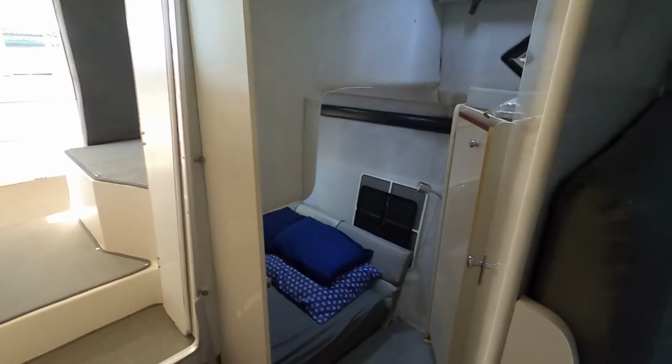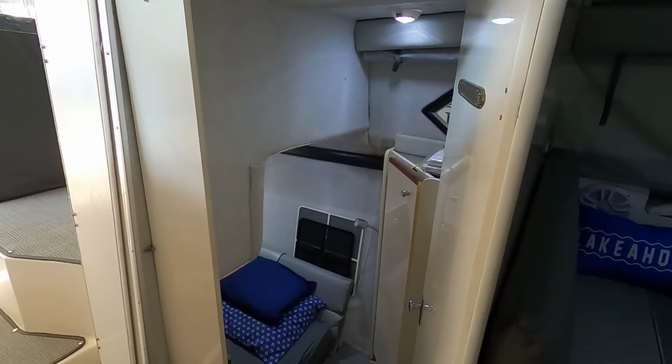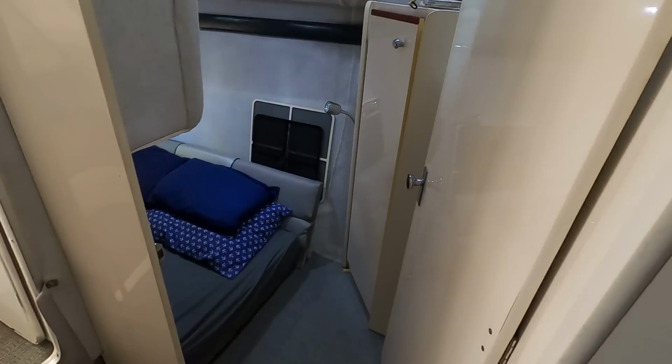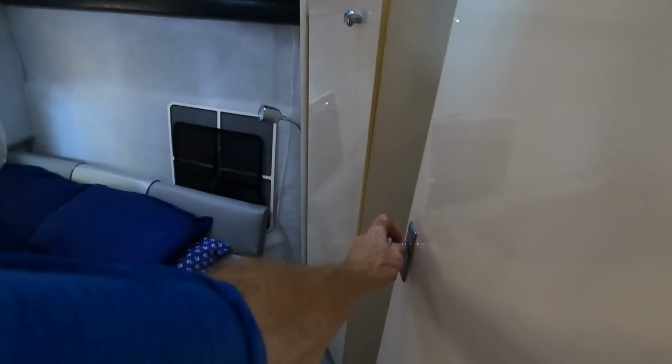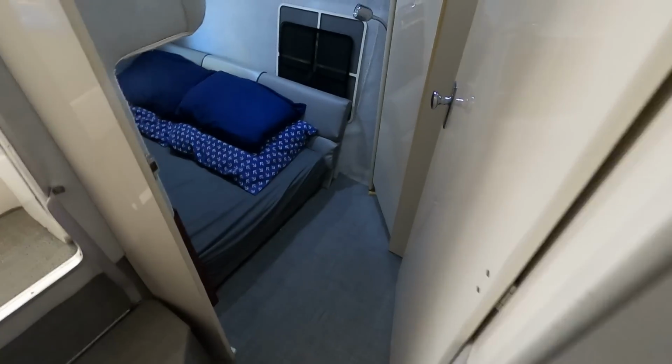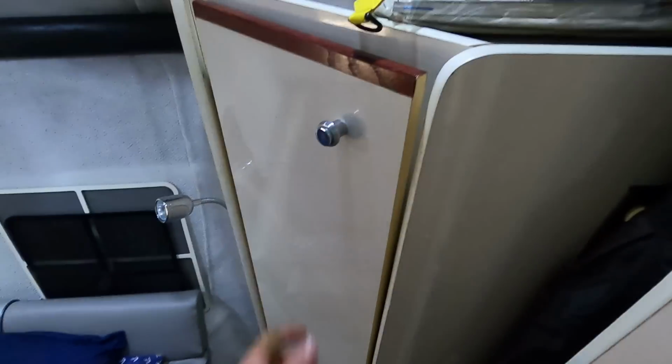And then a nice large mid cabin. Notice the headroom's all the way up to that 6'2", 6'3" of headroom. Basically a full door. It's going to go into that mid cabin, and that's got a little door catch on it. And we've got a good size door in here. We've also got